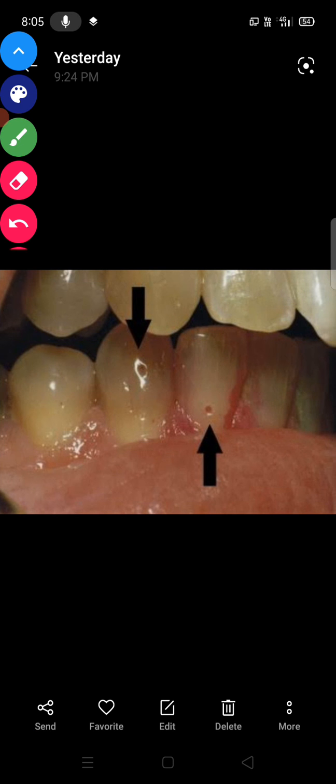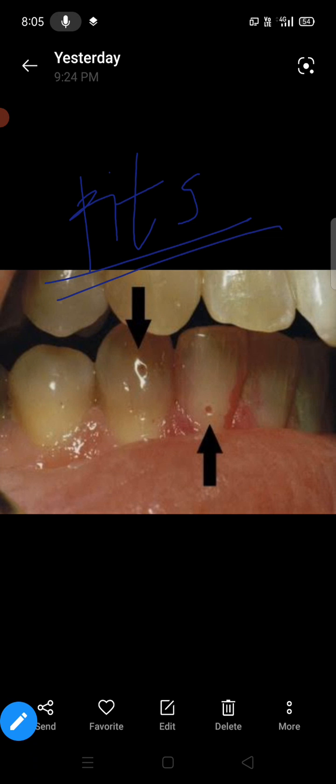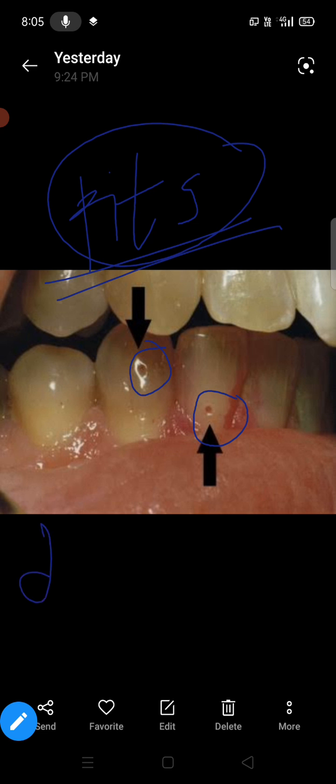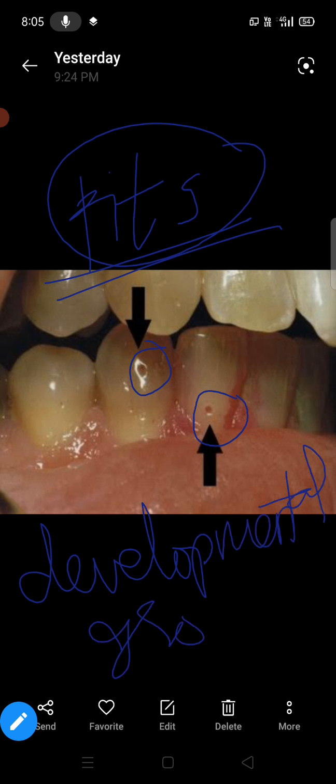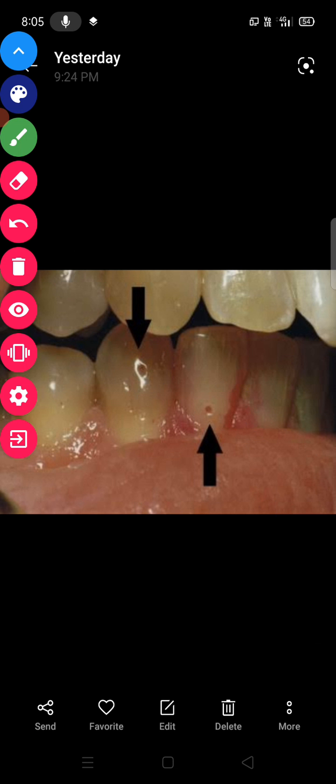Let's talk about the next depression that we have, the pits. Now what is a pit? The definition itself is self-clarifying. A pit, I say, is a pinpoint depression present on the surface of the tooth at the junction of the developmental grooves. Now what are the developmental grooves and what are the types of developmental grooves? That we'll see. Just remember, they are the pinpoint depressions which are present at the junction of the developmental grooves. Don't forget that they are also present on the occlusal surface.